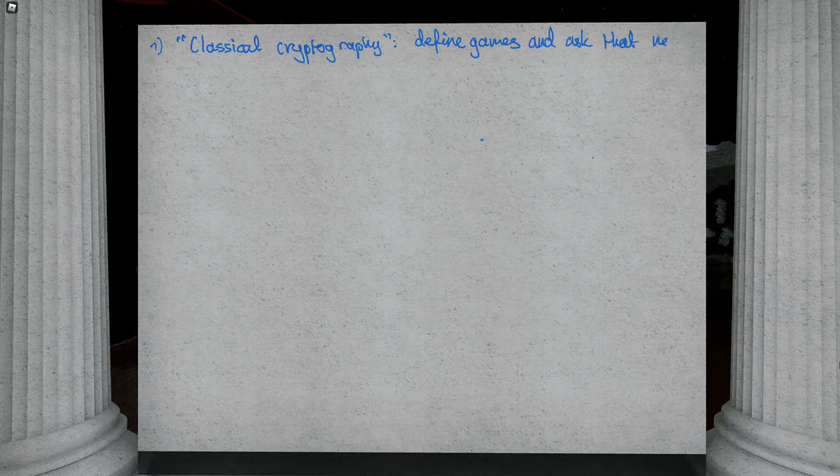So, what have we seen so far in the seminar series? We saw what I'm going to call, my pen is always too small, classical crypto, which is essentially this setting where we define games and say that no adversary can win them. So that was what we spent most of the first seminar discussing.